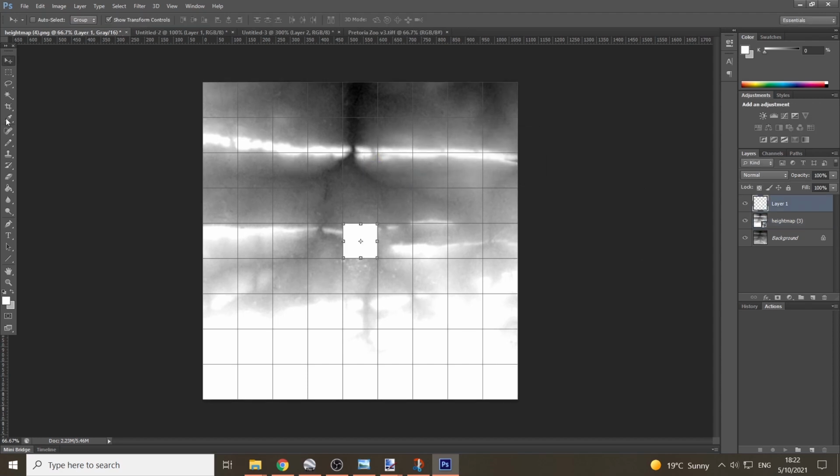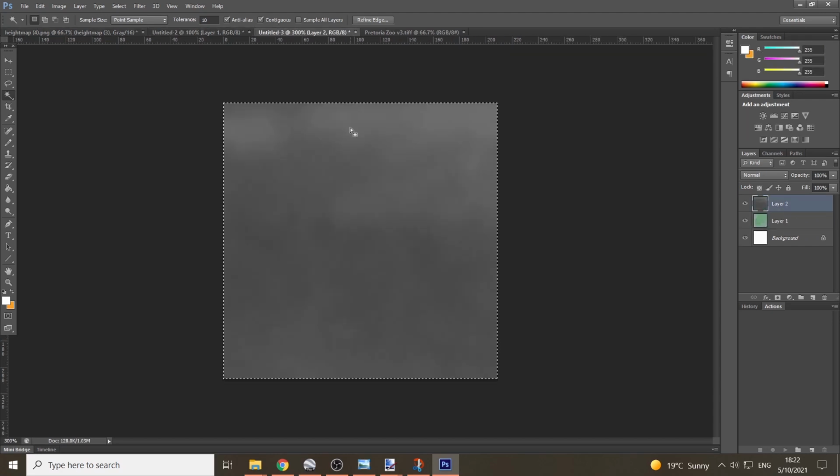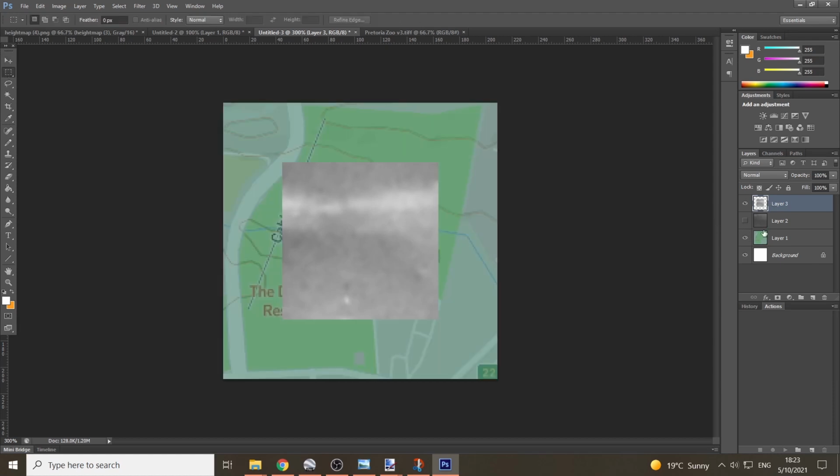And the reason why I made this layer, so I can just easily come in, boop, it's all selected, yay. And I can just click on height map 3, copy it, go into this over here. This is the one we made earlier with the layer. As you can see, the map over here. And you're just gonna upscale this,